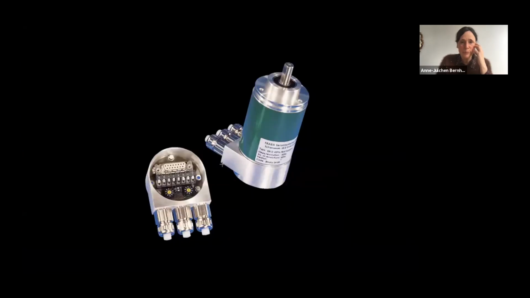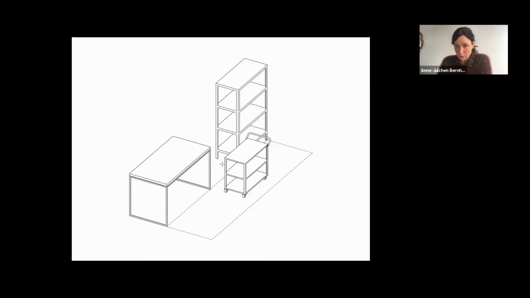And the content of the building, it's a production plant for these kind of things. They're quite small and they're used for robots. And the way these encoders are being manufactured is in a manufacturing plant.